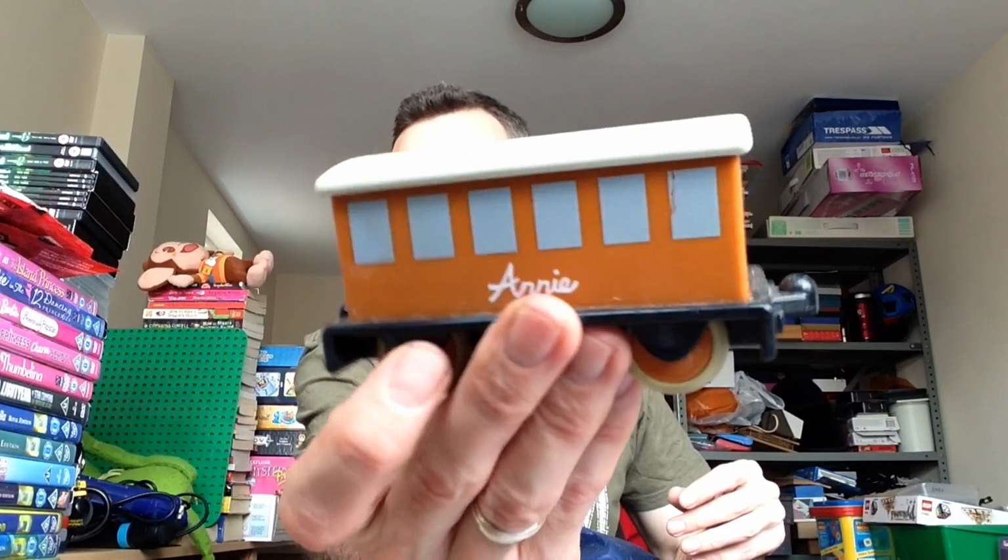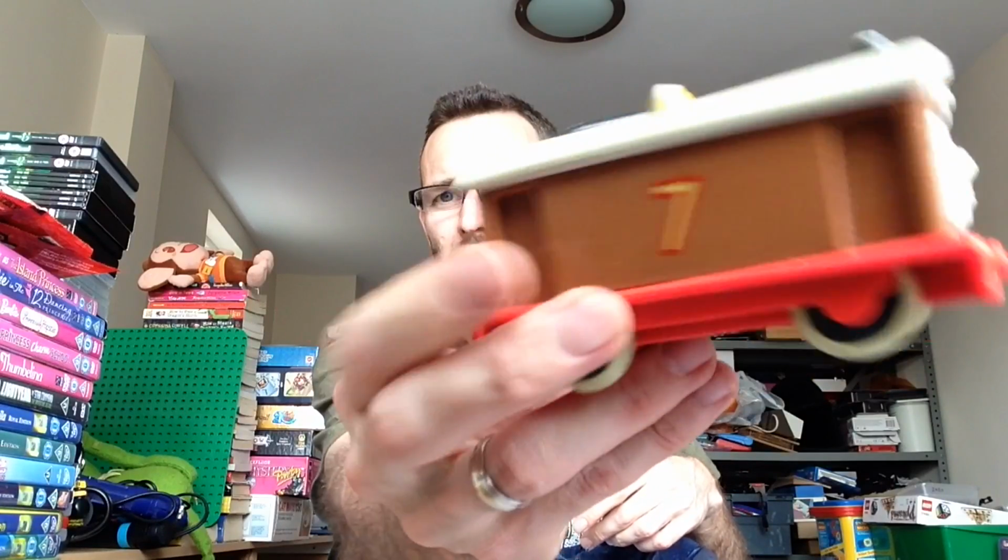There's some really nice carriages. That's Annie, yeah, it's Annie. And there's Clarabelle as well, and this guy, whoever he is. So there's loads of that in there. And then there's also